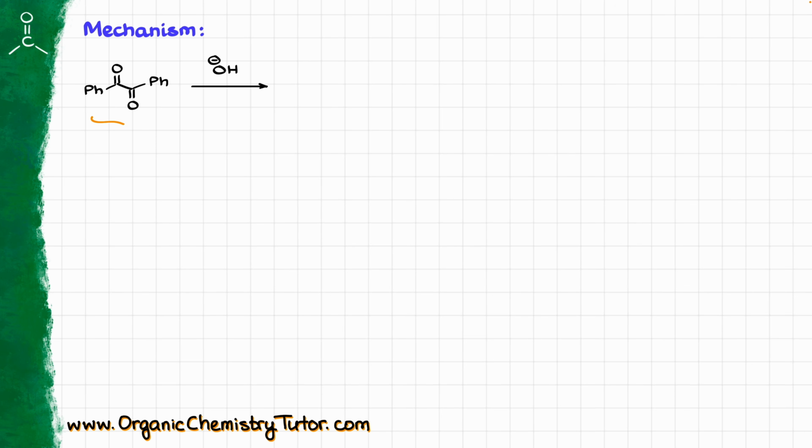Here I redrew my starting material from the previous page, and I'm showing my OH-, my base, as just the OH- because the metal that we have there, sodium or whatever, is pretty much irrelevant for us. So the very first step is going to be the nucleophilic attack from our hydroxide onto one of the carbonyls. It doesn't really matter which one we choose, because in this particular case the molecule is fully symmetrical, so either one will do. And as a result of this nucleophilic attack, we're going to get the following species,